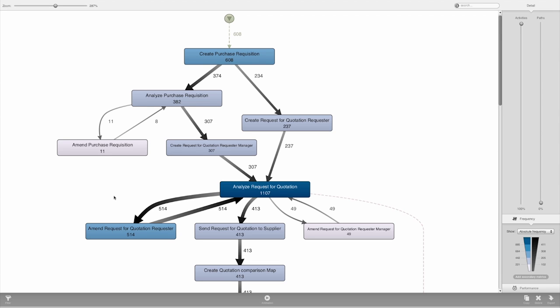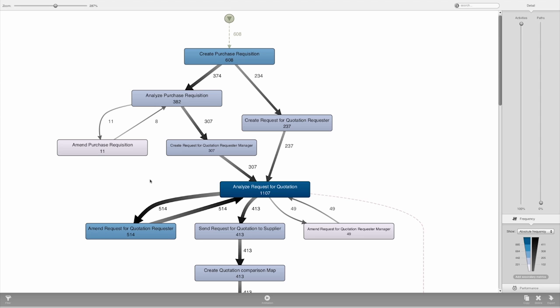And this kind of rework or ping pong behavior in the process, it's a very good example of the things that you can find out with process mining and you can really make visible by showing the actual process based on the data. Once you start looking at the process based on data, you will get to a very detailed level of the process because you will see every little exception and everything that happens. And it can become very complex very quickly just because reality really is rather complicated. So you need to have ways to deal with that complexity. And fortunately, process mining provides you with methods to do that.